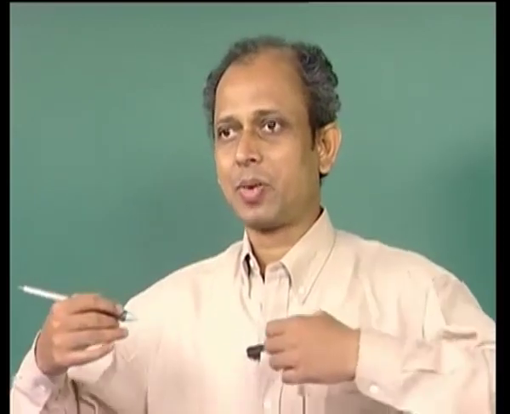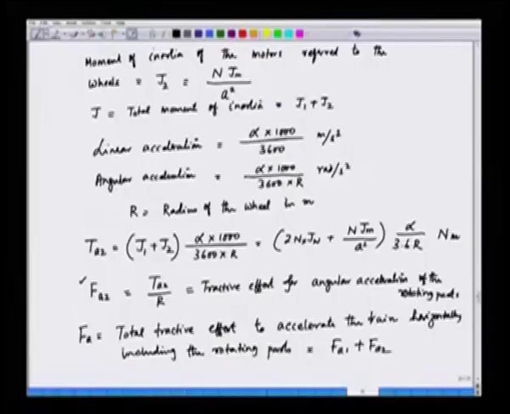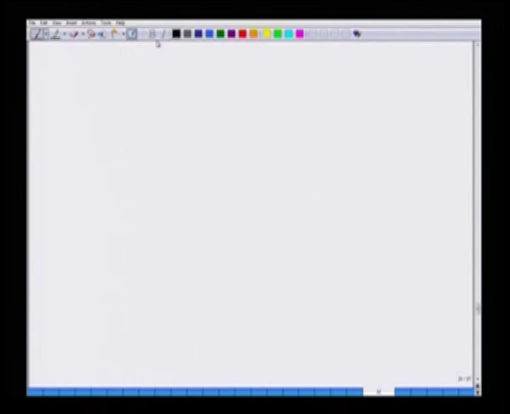And then we have a linear acceleration also. So, the total tractive effort is the summation of the force because of the linear acceleration and the force required for the angular acceleration of the wheel and the motors. Now, if we add these two tractive efforts, that is FA1 plus FA2, we will obtain the final one. So, what about the total tractive effort? FA is equal to FA1 plus FA2,